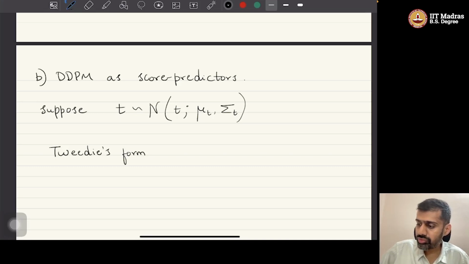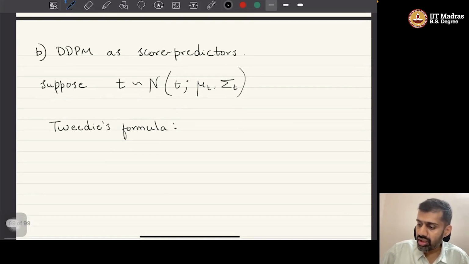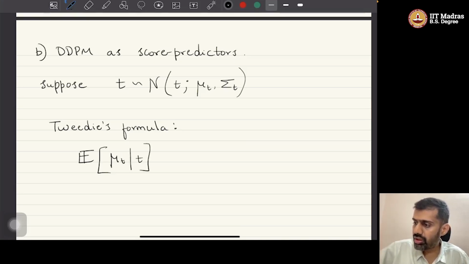This is a known result in statistics that says that the conditional expectation of the mean, given that we have observed the random variable x_t, is given by the observed value of the random variable plus the variance times the score vector,